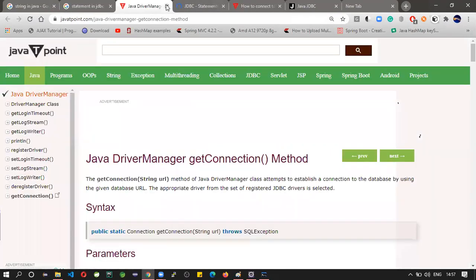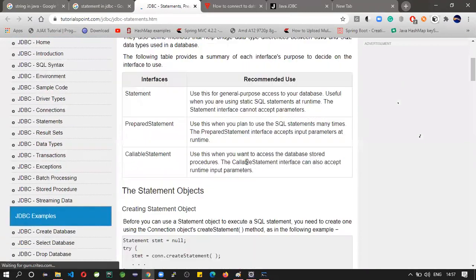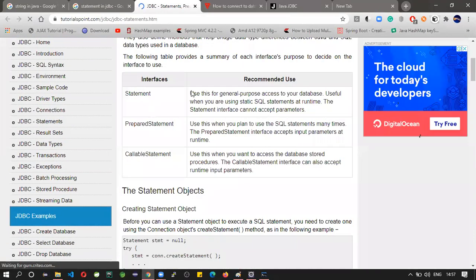We learn each step by step. If you don't know, need not worry about that. Statement, this is an interface, general purpose access to your database. Useful when you use static SQL statements at runtime.